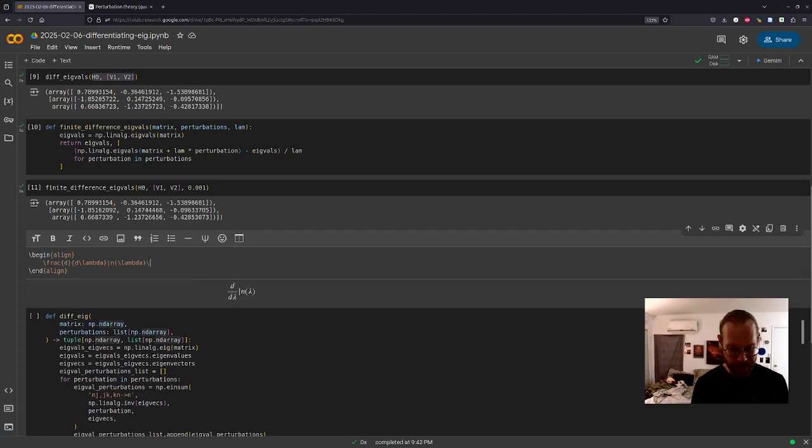This is the naive thing that you might try, which is not a great idea, because this eigenvector itself is only defined up to a scalar multiple.